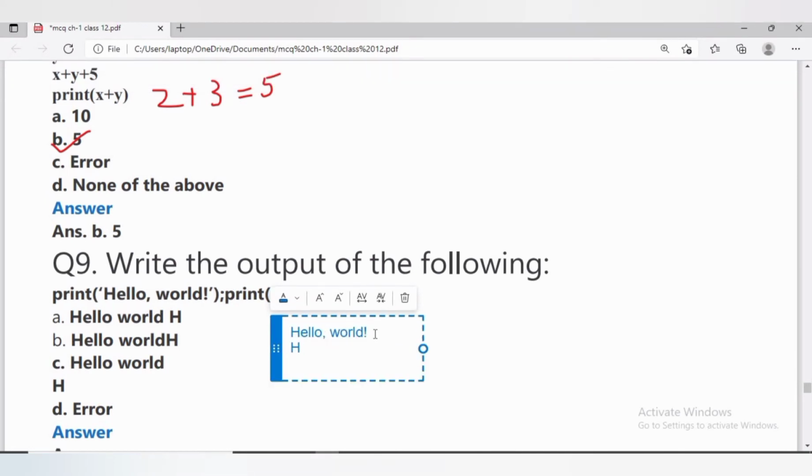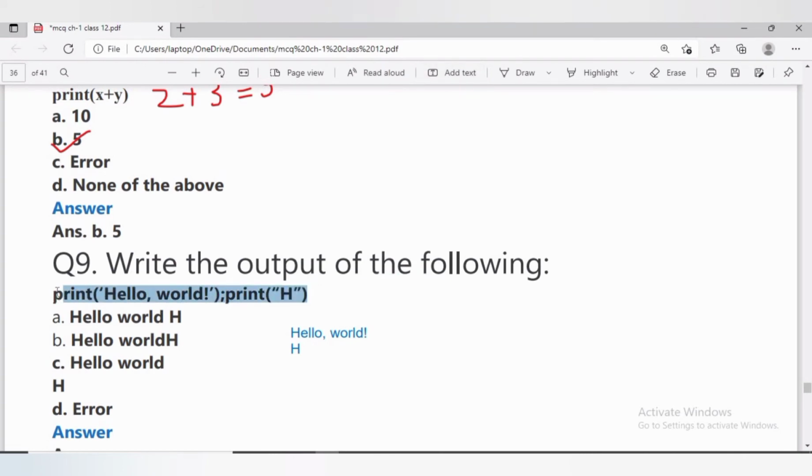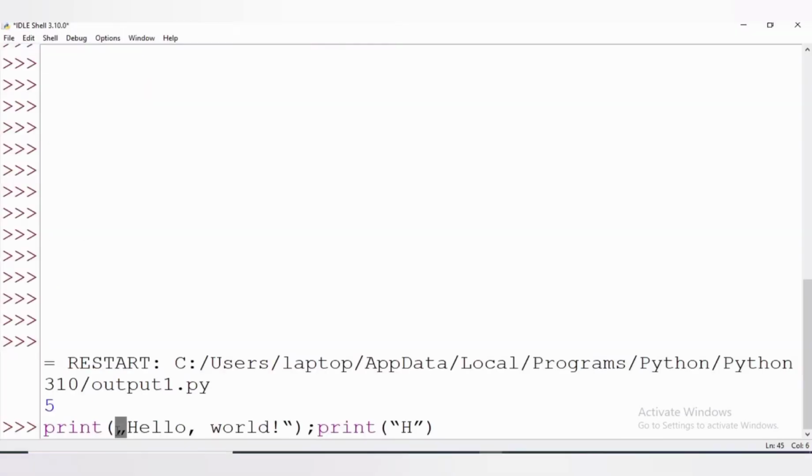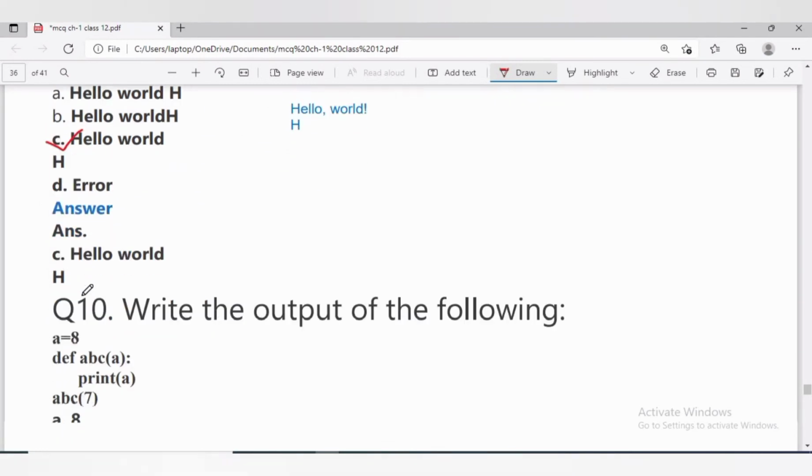Answer will be option C. Now let us execute the same code in Python. The output will be in two lines. The first line will contain hello world, and in second line you will have h. Here the answer will be option C.